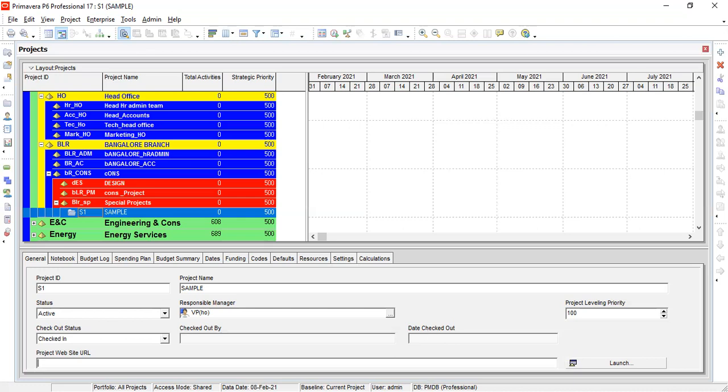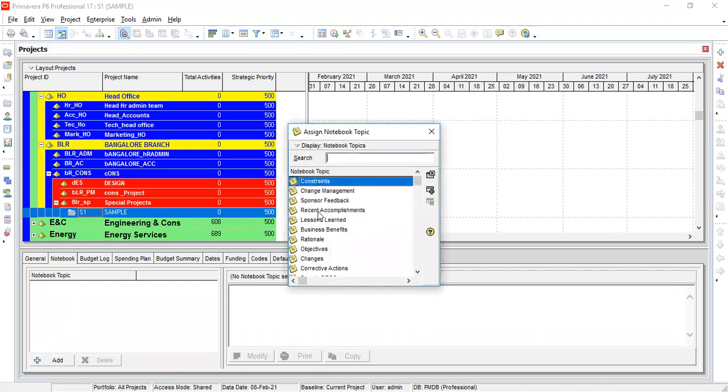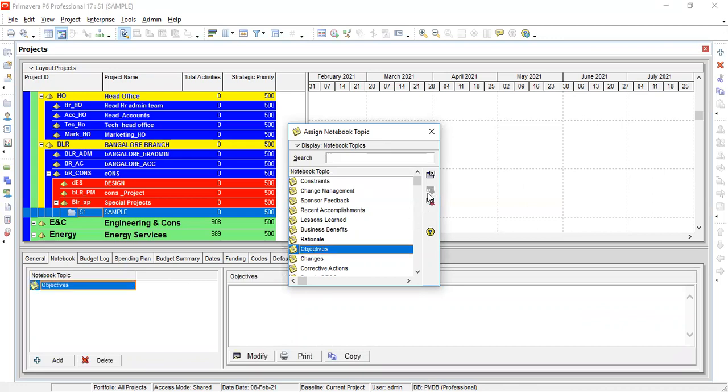Okay. Next is project website. Any project website for our project you can browse and launch, for the references. Next is notebook. Here it is the same as the projects, like what we had learnt in EPS. Same thing.